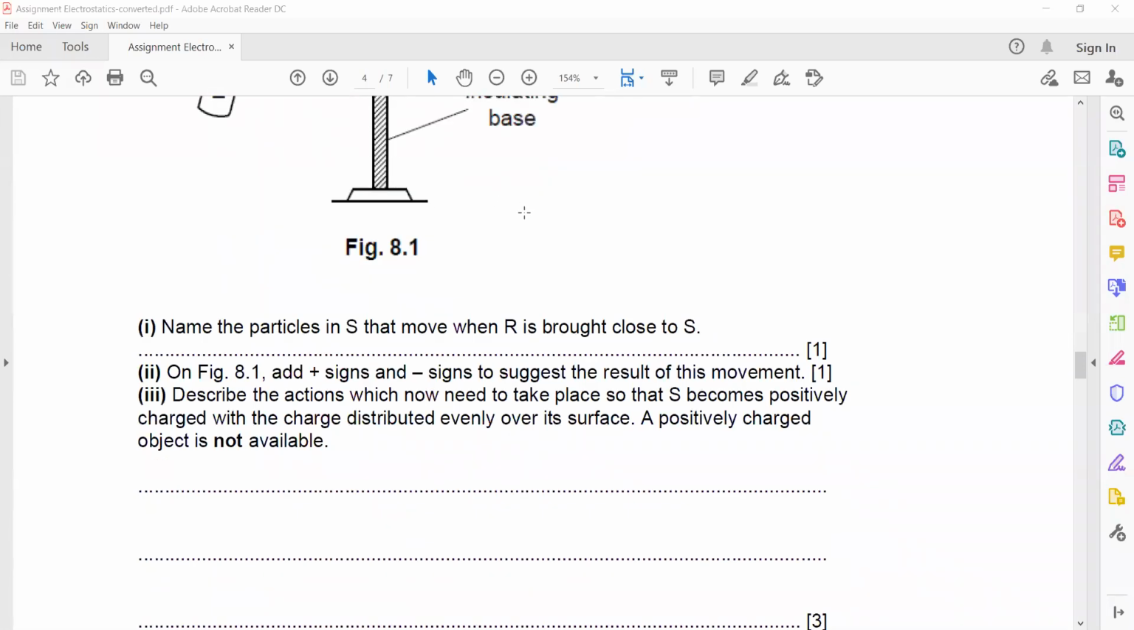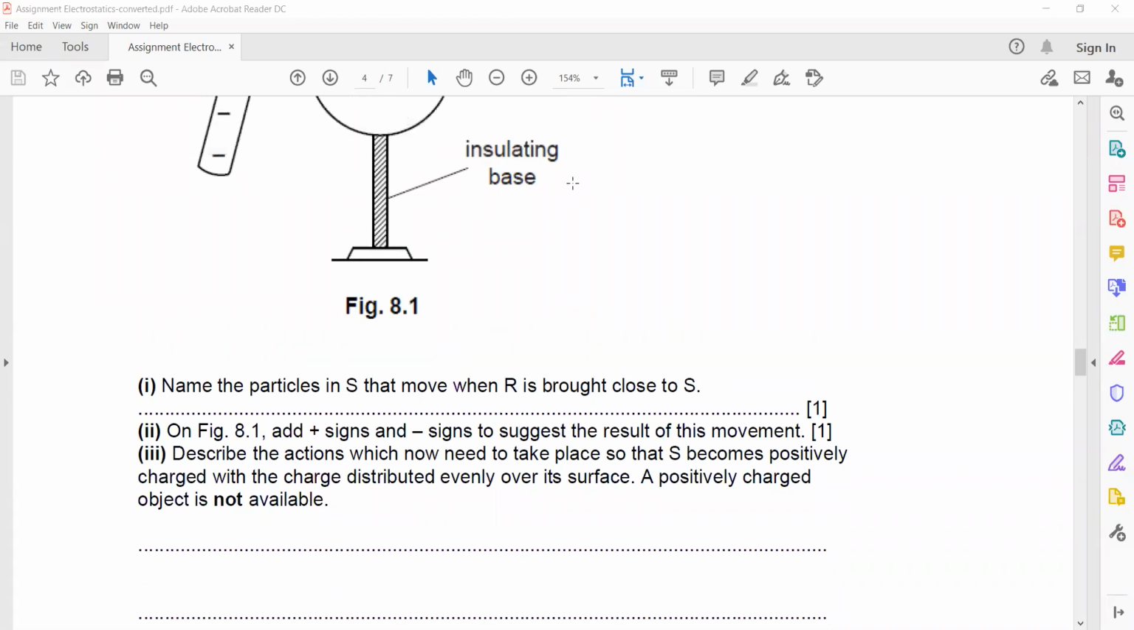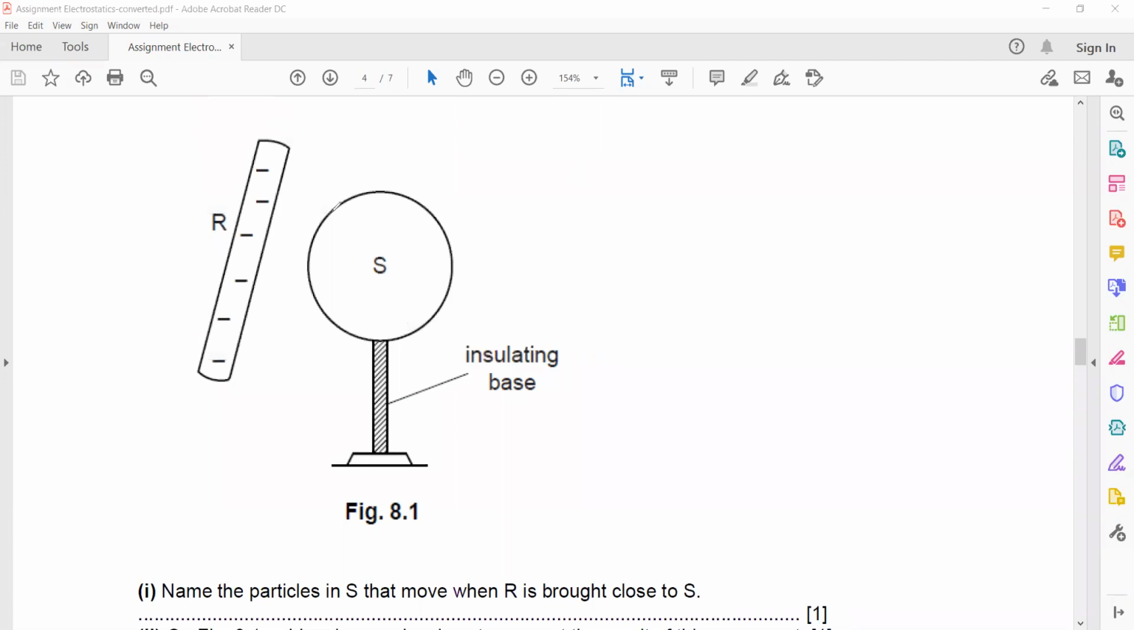Describe the action which now needs to take place so that S becomes positively charged. So if you want to make it positively charged, what action should we take? Connect an earthing wire. So what I will do, I will connect an earthing wire. So the action will be connect earthing wire,